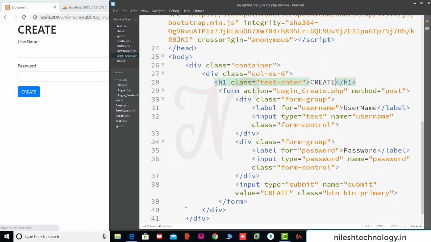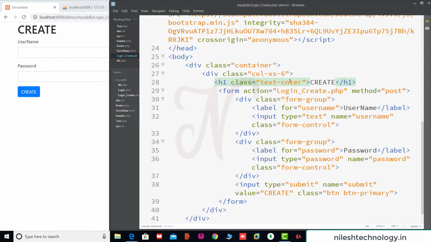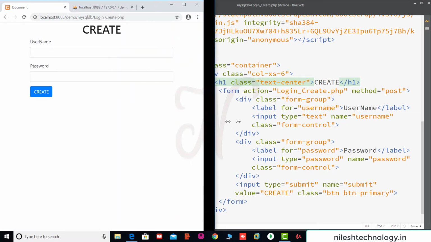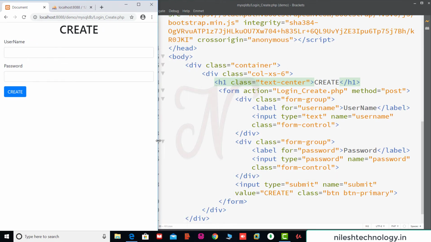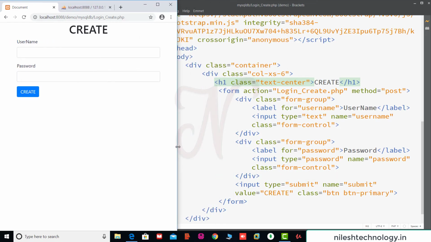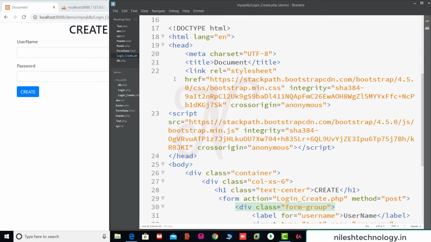Save here. See here, centered. This is the highlighting. See here, this total page is a responsive page because we added the bootstrap file here. This is a CSS file and this is the JavaScript file.